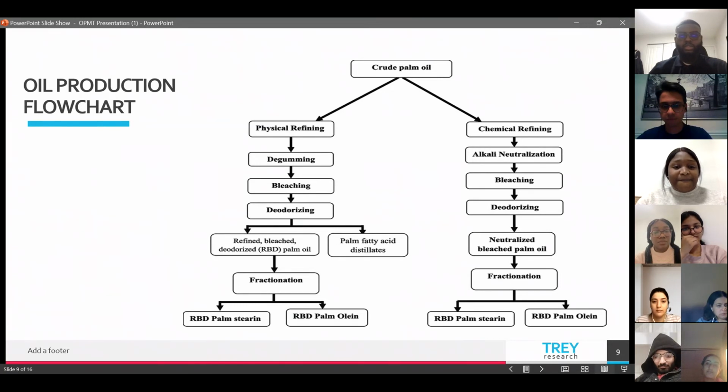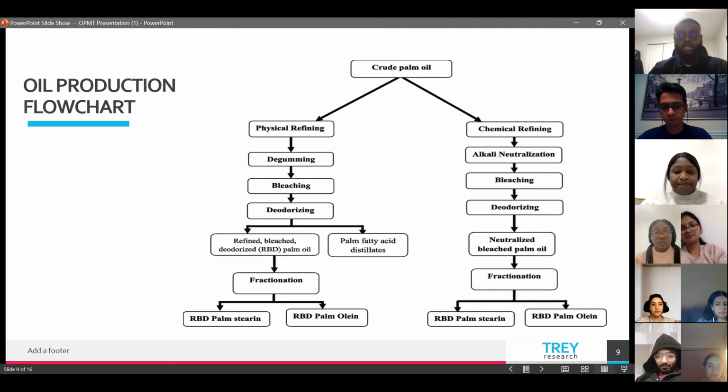So I'll be talking about the oil production flowchart. In this process, crude oil is still our raw material, and then it goes through two processes, the physical refining and the chemical refining. For the physical refining, it goes through some stages, which include the degumming, the bleaching, which Chizoba has mentioned, and then the deodorizing. But for both processes, they have the same end product, which is the RBD palm stearin and